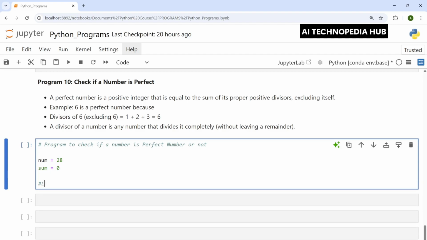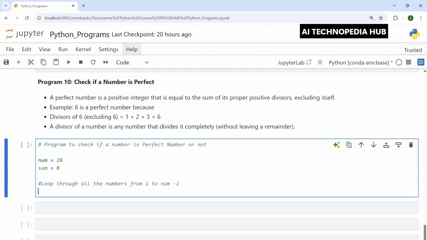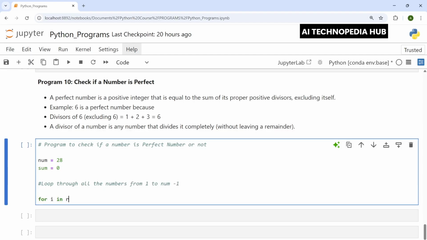Next, let's loop through all the numbers from 1 to num minus 1. So we'll do for i in range 1 to num, and then we give colon.